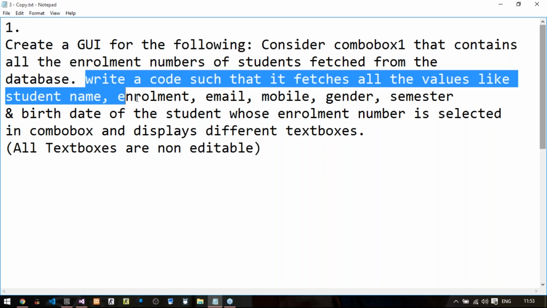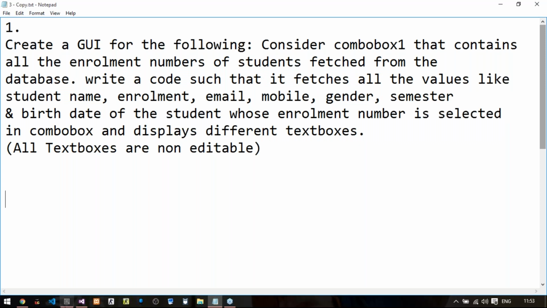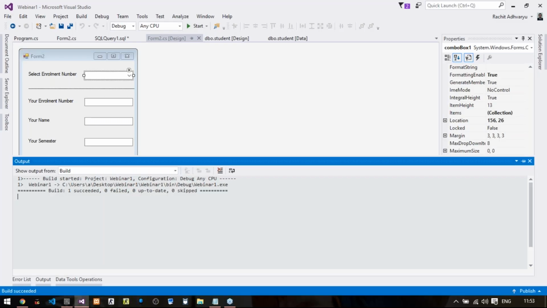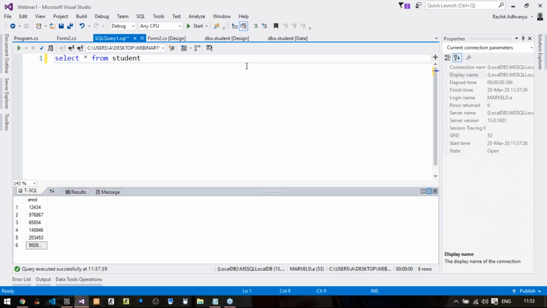So I am just writing one query for your reference in this part. Let us say select star because I want to fetch everything from the database from student where enroll equals to, I am writing any of these enrollment numbers here, let us say 12434, and execute this query.